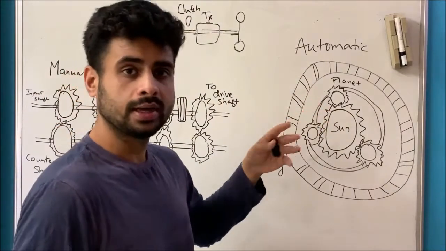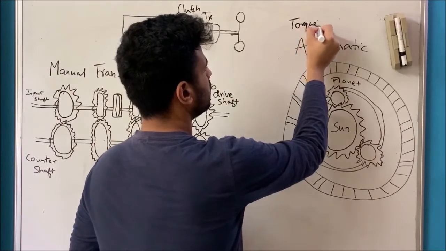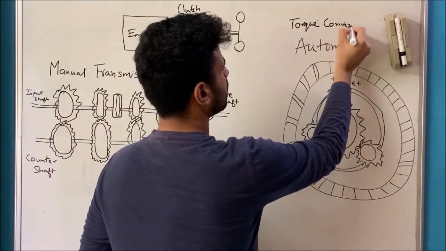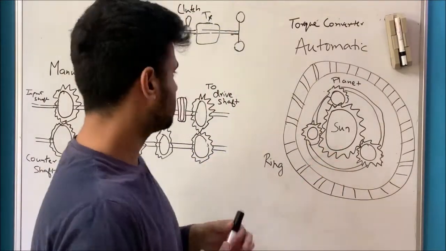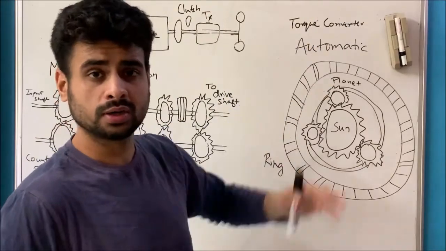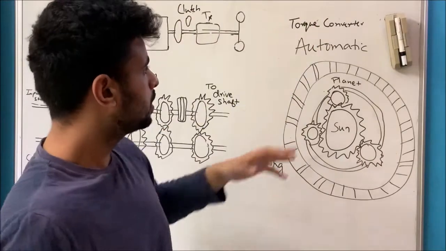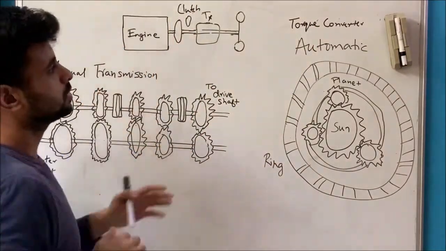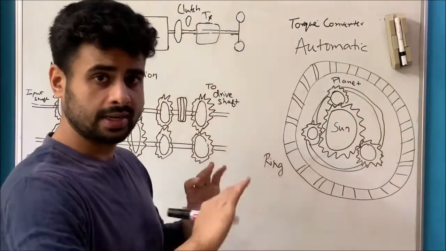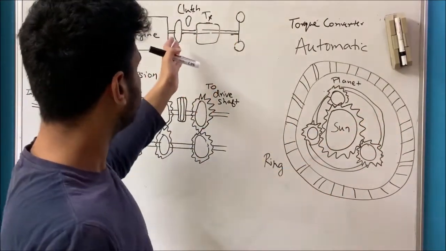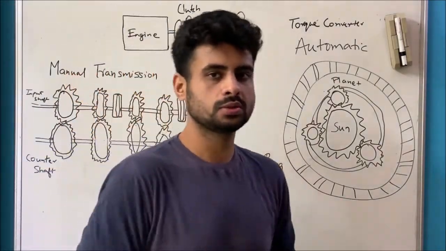The alternative in automatic transmission vehicles is something called a torque converter. It does the same thing, but this is more turbine and fluid based. We can have a separate video just discussing clutch and torque converters. That will take more than 10 minutes, but for the sake of this video, the clutch is used in manual transmission, the torque converter is used in automatic transmission, and they do the same thing: decouple and disconnect the power transfer from the flywheel to the drive shaft, for different reasons, which we'll get into now.